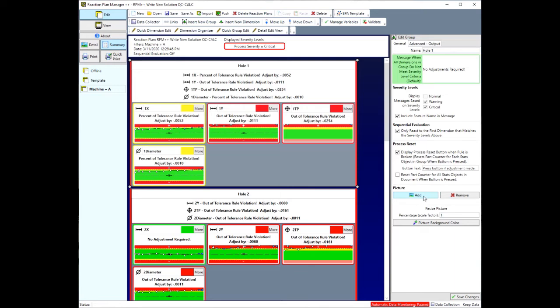I can add a picture to the group. This really applies to the detail view. I'll talk about that in a little bit. And the rest of these settings really are pertinent to the detail view. Now once you're done filling this out, if I click on the Save Changes button,